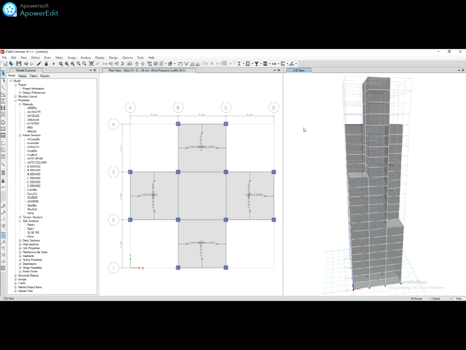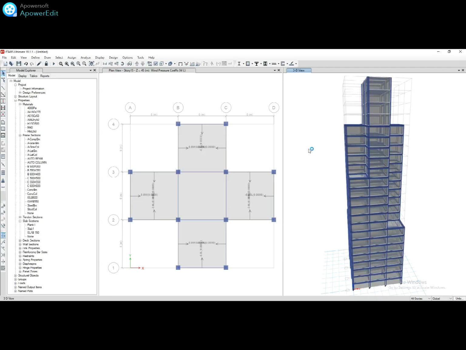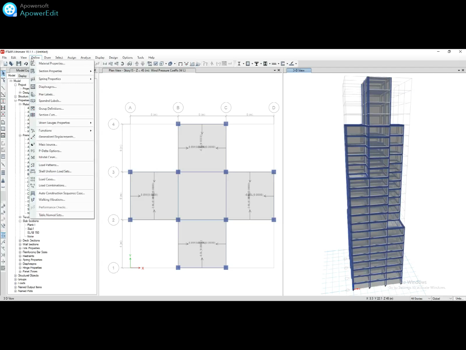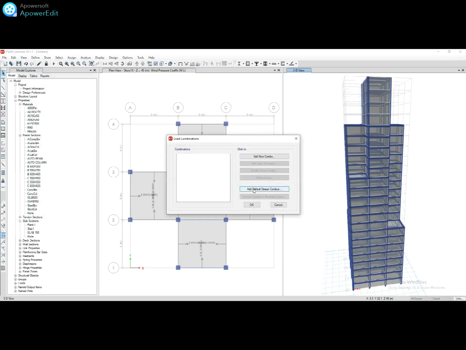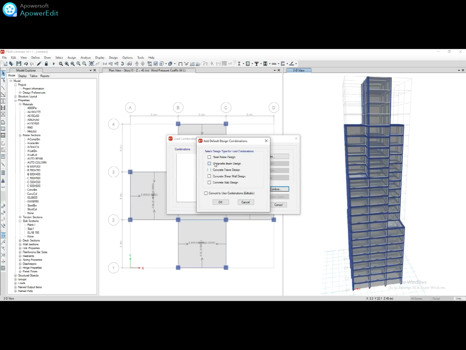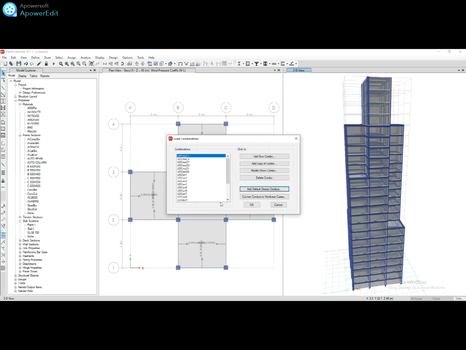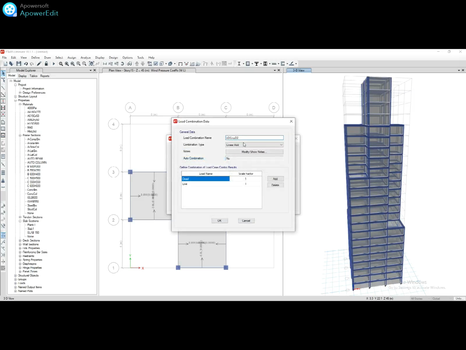Now on extrude we can show the building frame, and now I have to define the load combination. Here I will select the load combination and make them editable. Just click on here, and here I can see that all the load combinations have been added,